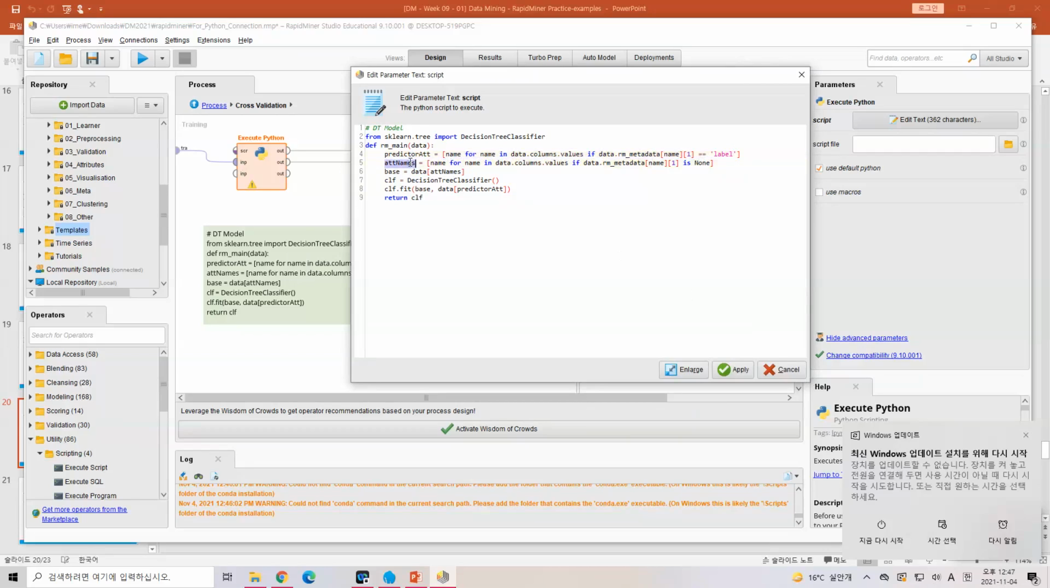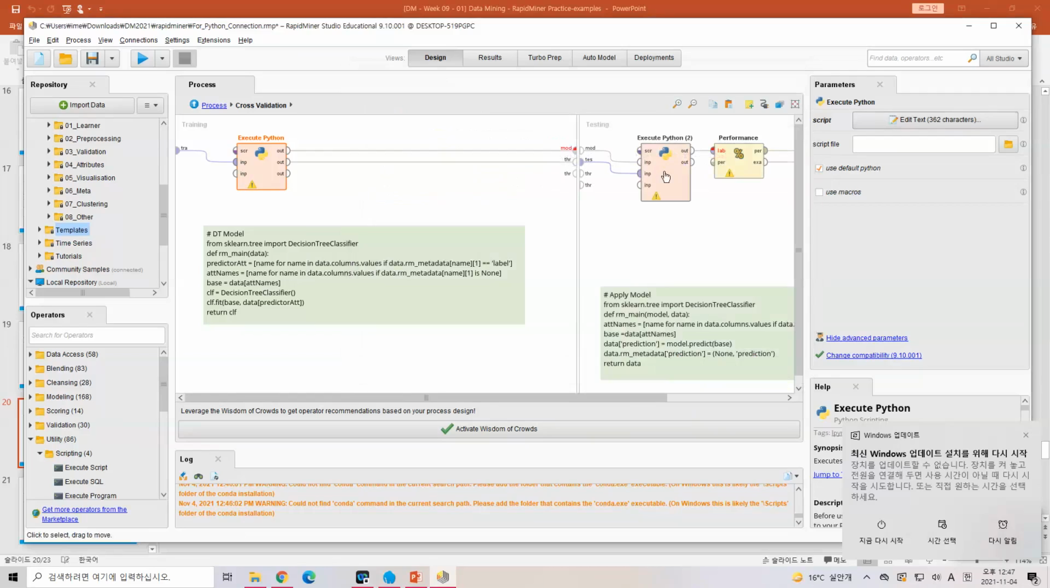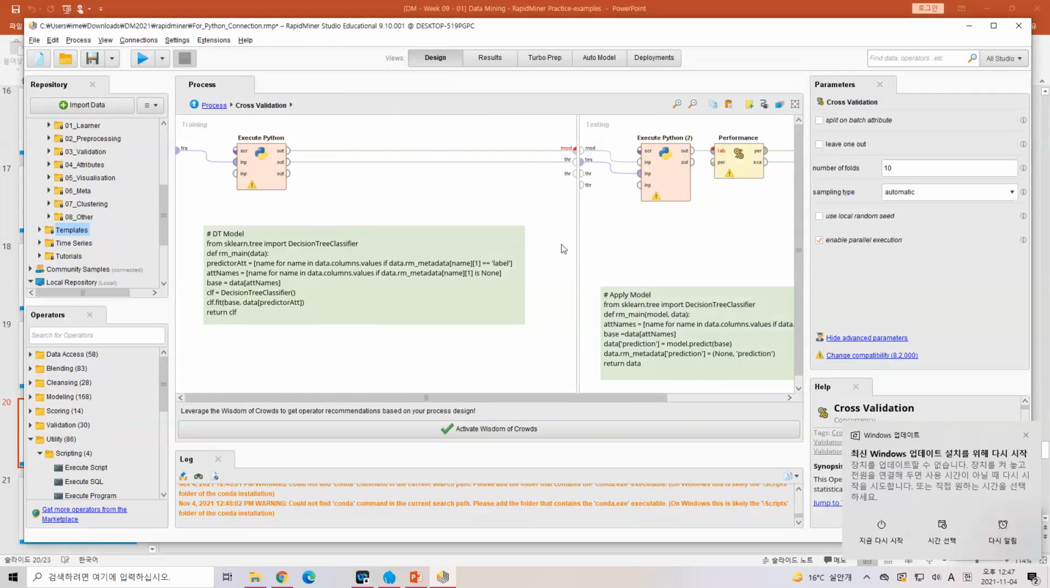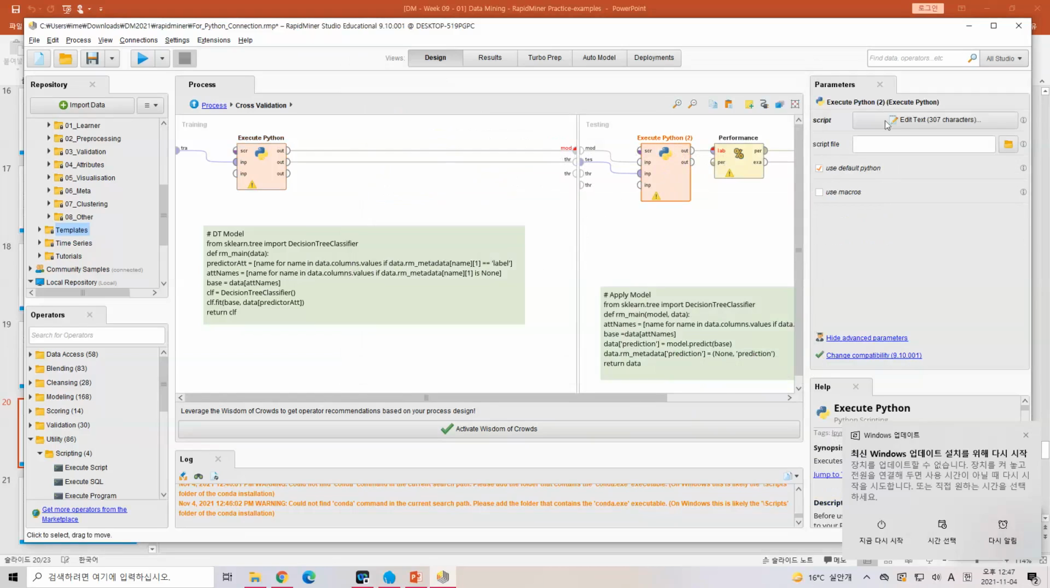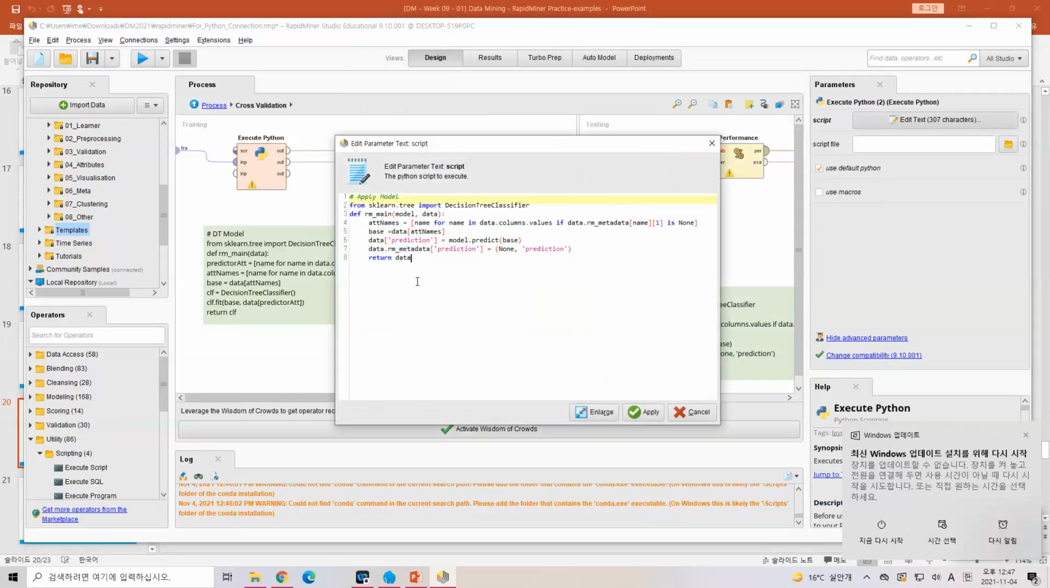If it is the attribute, you want to put it as attribute, and we have the base. The base means the data which is based on the attribute name. And then we call the decision tree classifier, and we want to fit it. Fit means we want to do the modeling. After we do the modeling, in Python we have the mechanism to do the prediction. After that, we can create